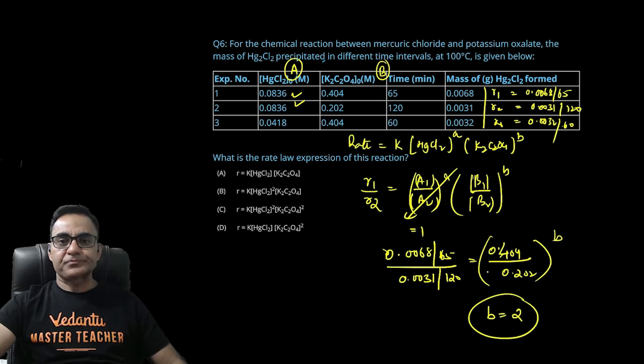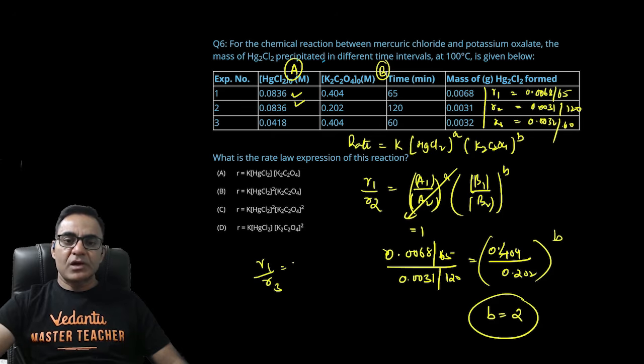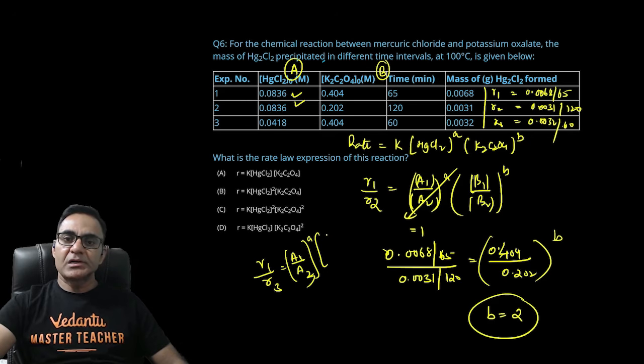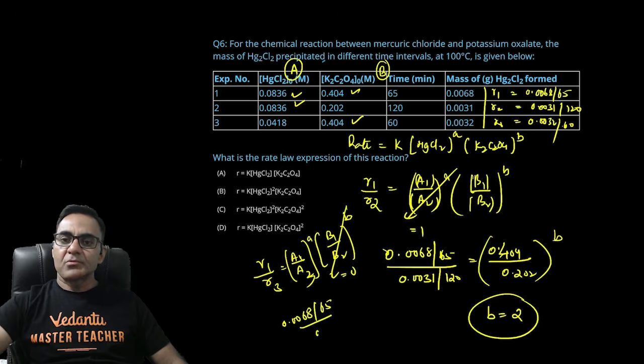अब मुझे HgCl2 के रिस्पेक्ट में और ऑर्डर निकालना है, तो अब मैं ऐसा डेटा लूंगा जहां पे ना K2C2O4 का रेशियो 1 हो जाएगा। तो R1 अपॉन R3 ले सकता हूं। तो R1 अपॉन R3 इज इक्वल टू A1 अपॉन A3 रेज टू द पावर A, B1 अपॉन B3 रेज टू द पावर B। B मुझे पता है लेकिन फिर भी ये 1 हो गया क्योंकि B1 एंड B3 सेम है।